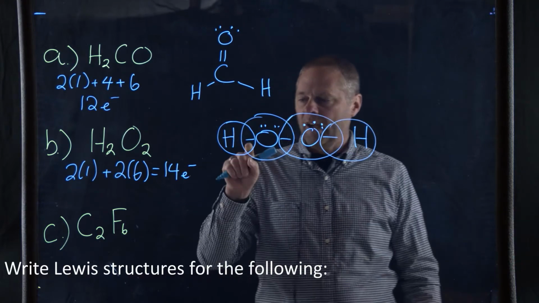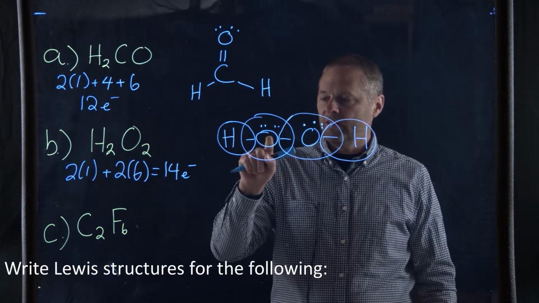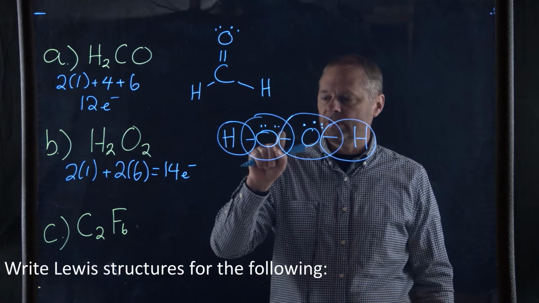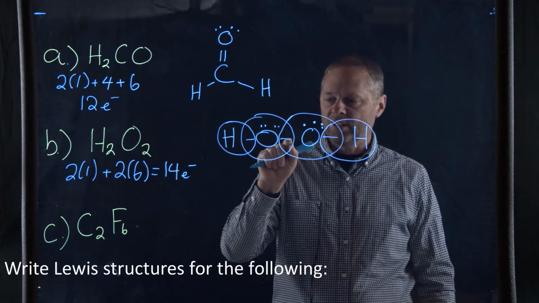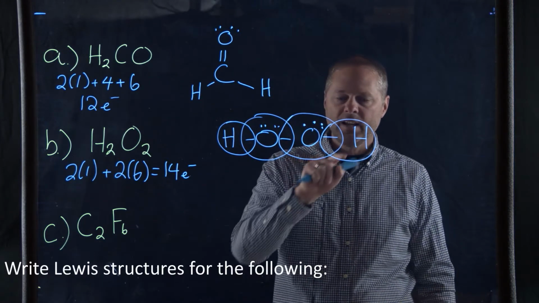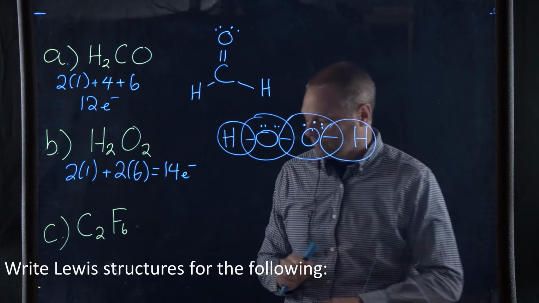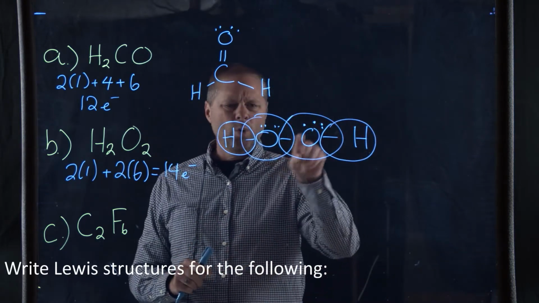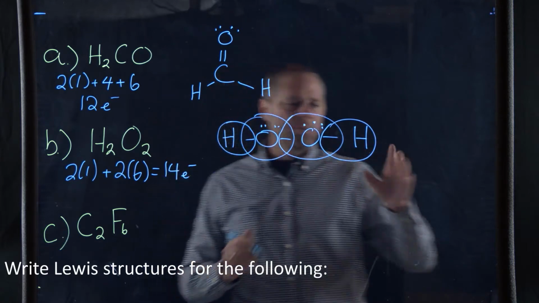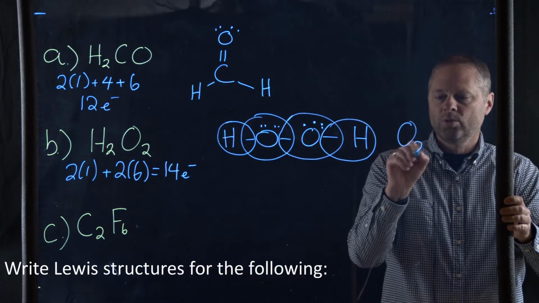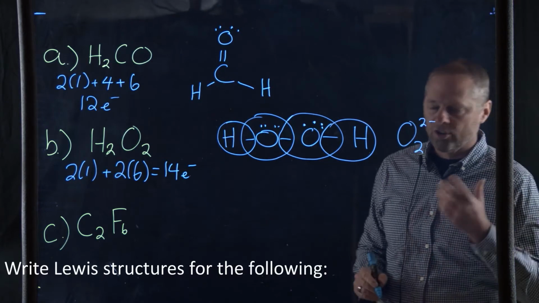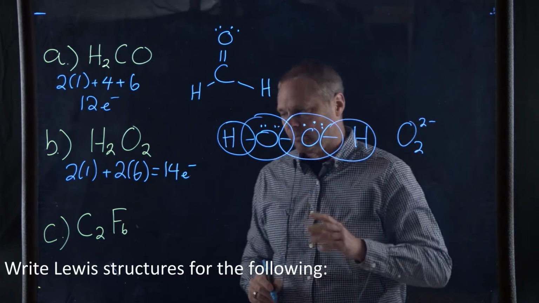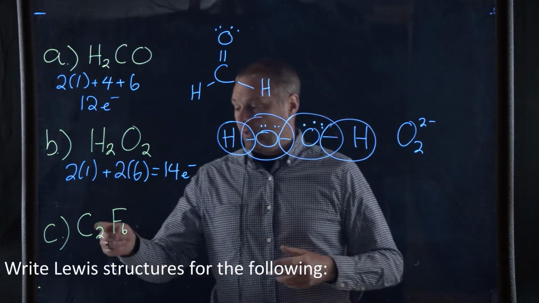So let me go through that again. The hydrogen has 2 electrons. This oxygen has 2, 4, 6, 8. This oxygen has 2, 4, 6, 8. This hydrogen has 2. And so this is hydrogen peroxide. The peroxide anion is actually an O2 2-minus charge. Now we're going to go to